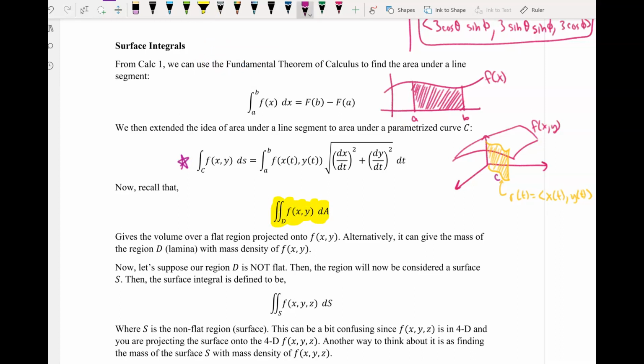So one of the first meanings is, again, let me just go ahead and draw a picture. So if you have a surface and you want to look at this region right here, one of the things that we can do is you can find the volume of this. So you can find all of that volume. So this integral itself can represent volume, or it can also represent mass. Okay, and the way that it can represent mass is that if f of x comma y is actually a density,